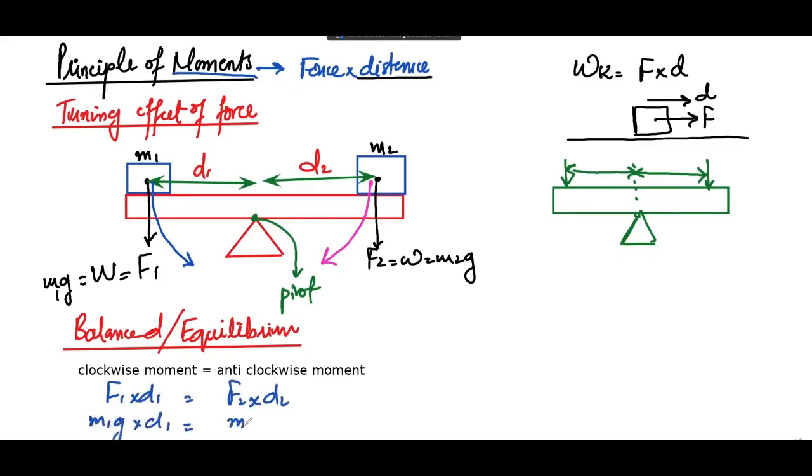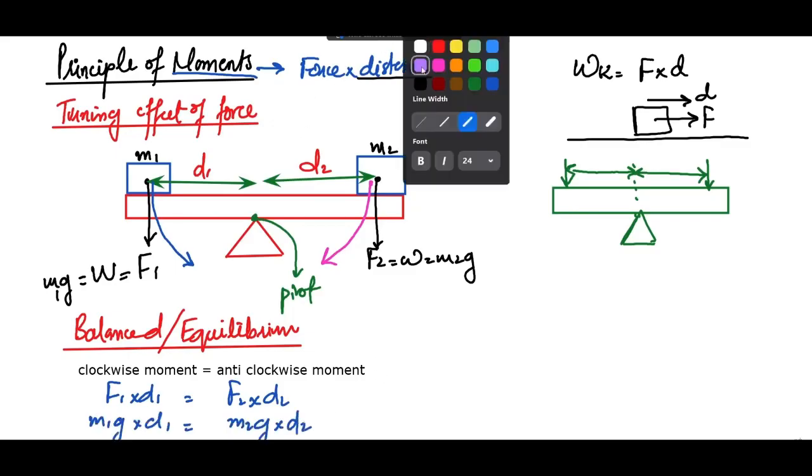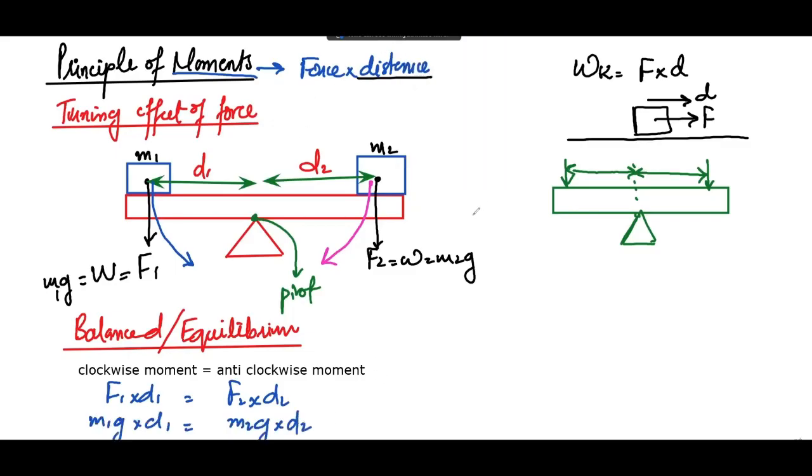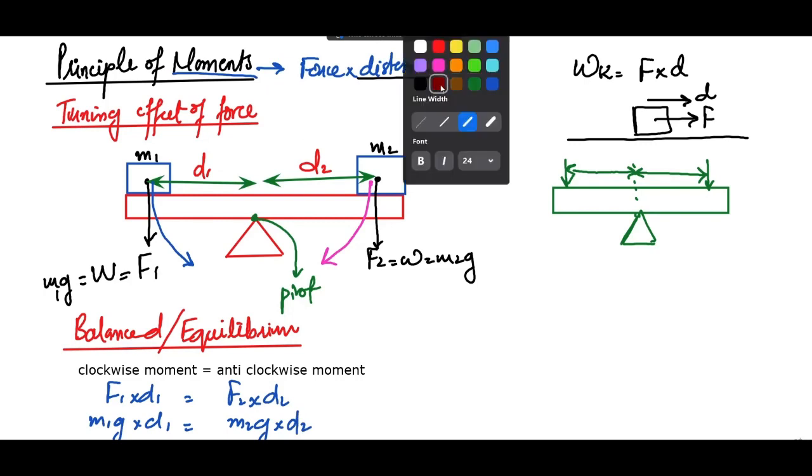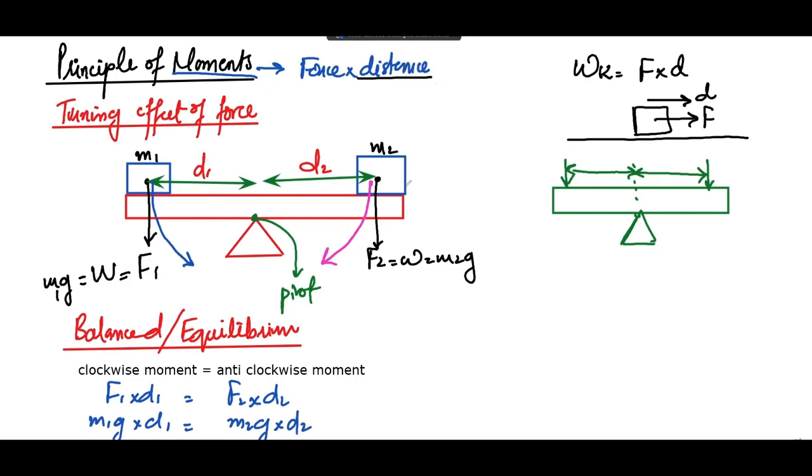This one would become m2g multiplied by d2. And when I replace the values, I can find out that both will be equal. But there's one thing that the examiner does, he omits one value and asks you to find it. So let's say that the values are given to us as this is, let's say, 2 meters,